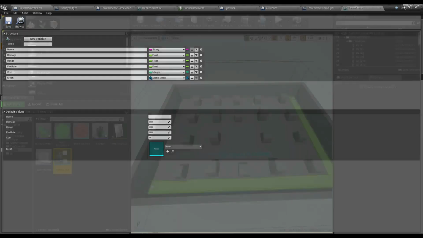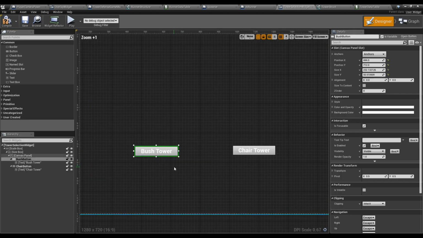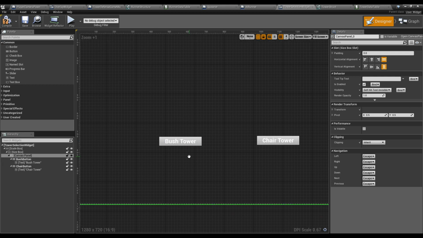So now inside of our tower data table, we can say how much our towers cost. Let's make our bushes cost $40, and let's make our chairs cost, let's say, 100. Let's make the chairs super expensive. So let's save, and now what we can do is inside of our tower selection widget, where we're choosing these towers, let's make some additional